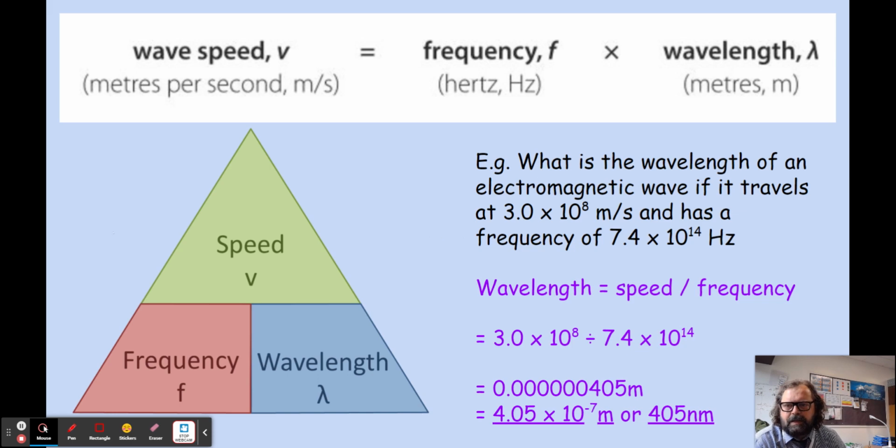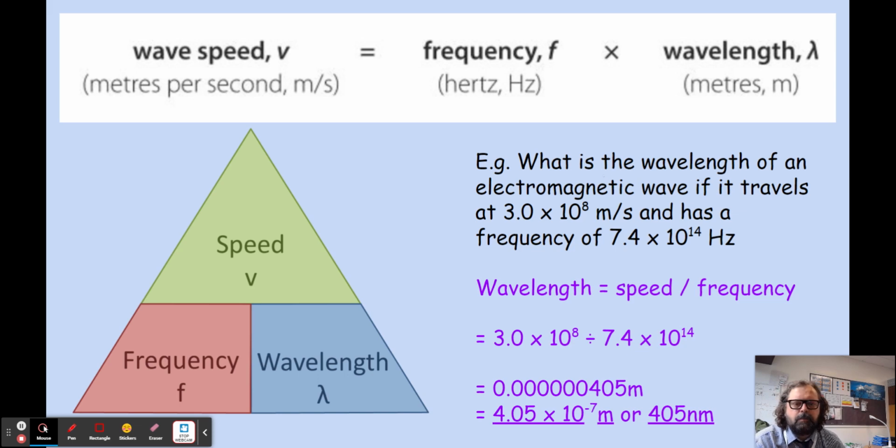The equation that links speed, frequency and wavelength, make sure you could rearrange that if you had to, and make sure that you're confident about using both very large and very small numbers if necessary. So our worked example here is calculating a wavelength. We want the wavelength. We need to do the speed divided by the frequency, and these numbers are in standard